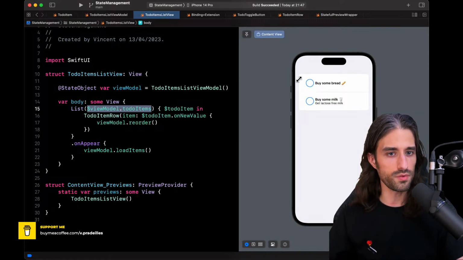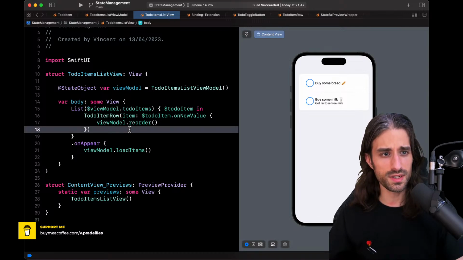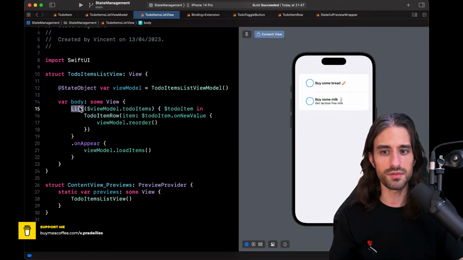We can see the rounded corners, the dividers. These are things that list adds. And actually, this syntax where we directly pass in a collection to list is a sugar syntax to keep things a bit more simple, but this can be fully separated into two different views.